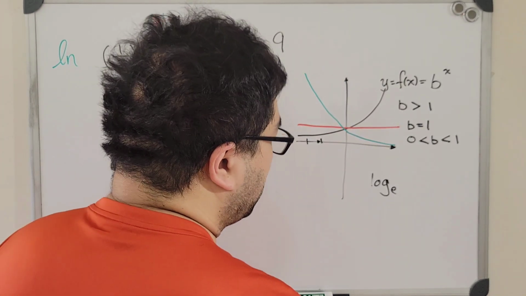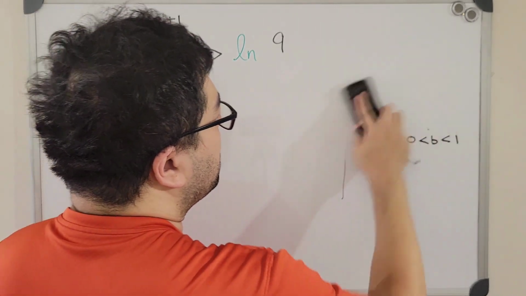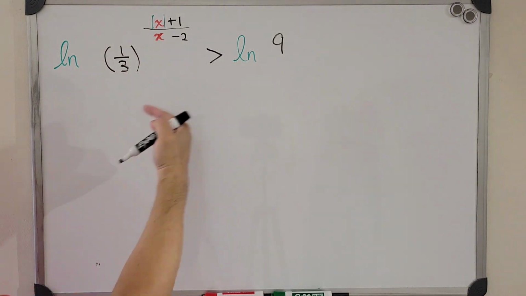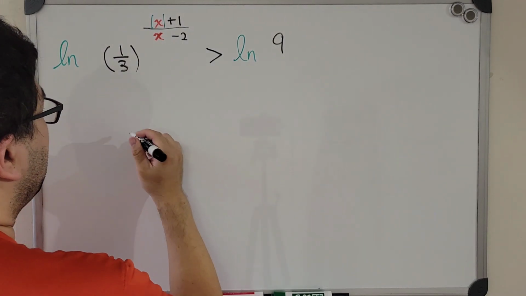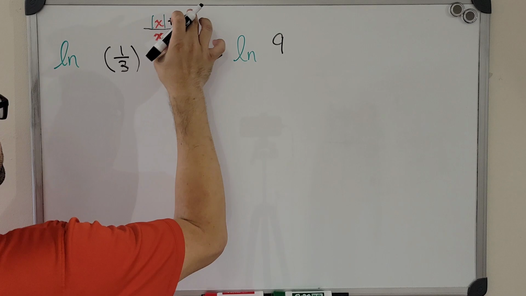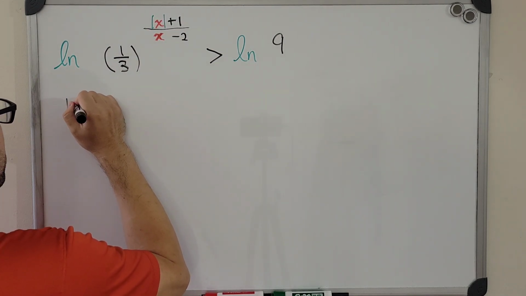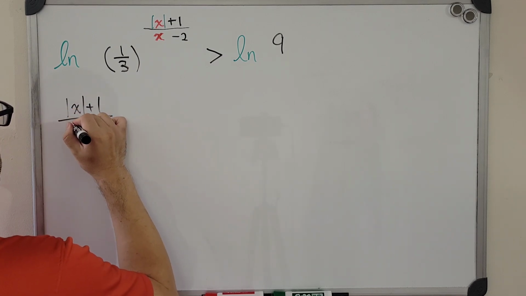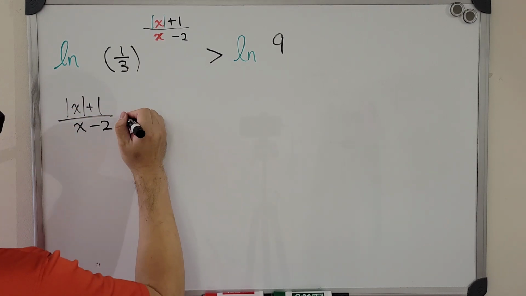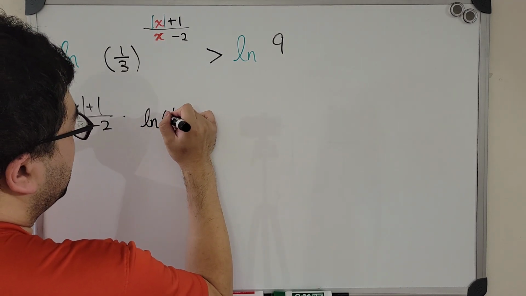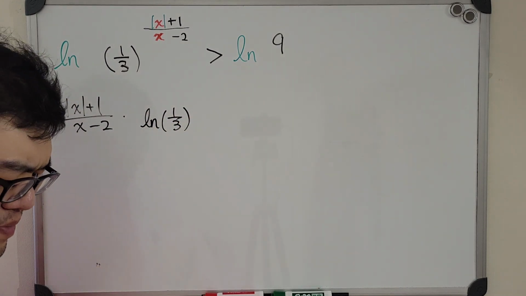All right, so using this idea, we can now continue and actually work on it quickly. As we take the natural log on both sides, the left hand side has the exponent on the outside times just the natural log of whatever is remaining. And again, that is just based on the